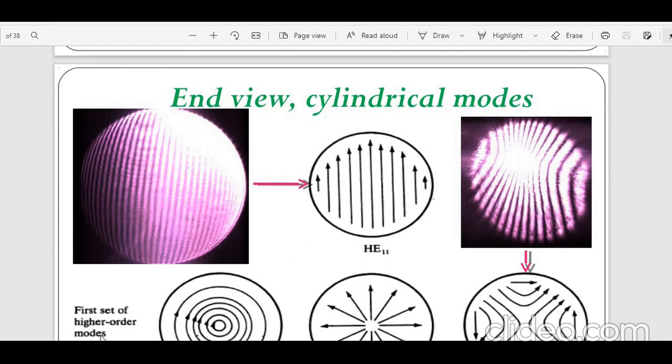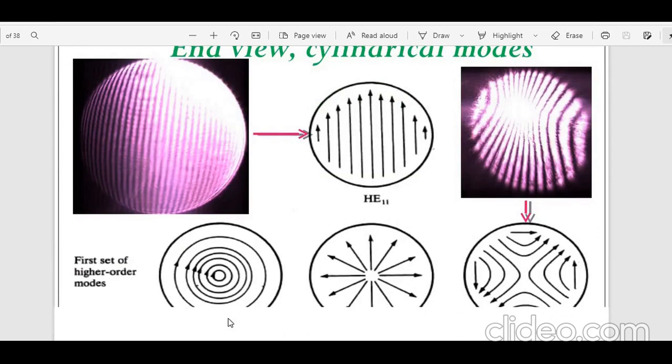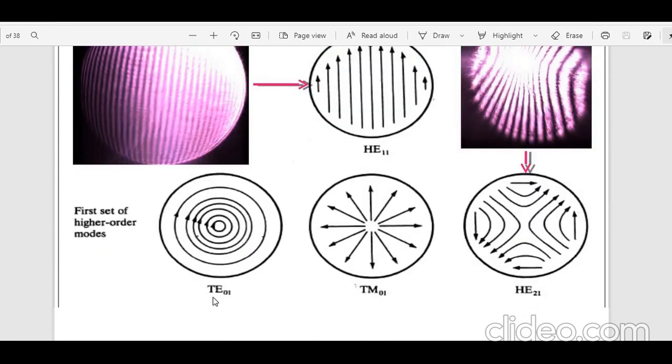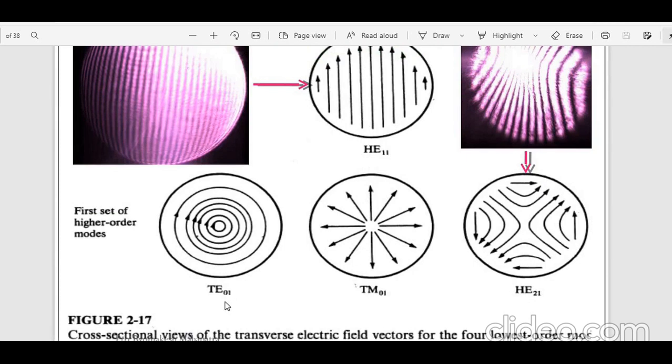Similarly, the first set of higher order modes. Whenever we have modes of operation for HE11, in this I have shown you over here, we have TE01, meaning m is equal to 0 and l is equal to 1. So l, m we are taking. These are the patterns you will get for that particular mode. When in the exam they ask you to draw the patterns, you can draw them depending upon the type of mode they have mentioned. This is for TM1.